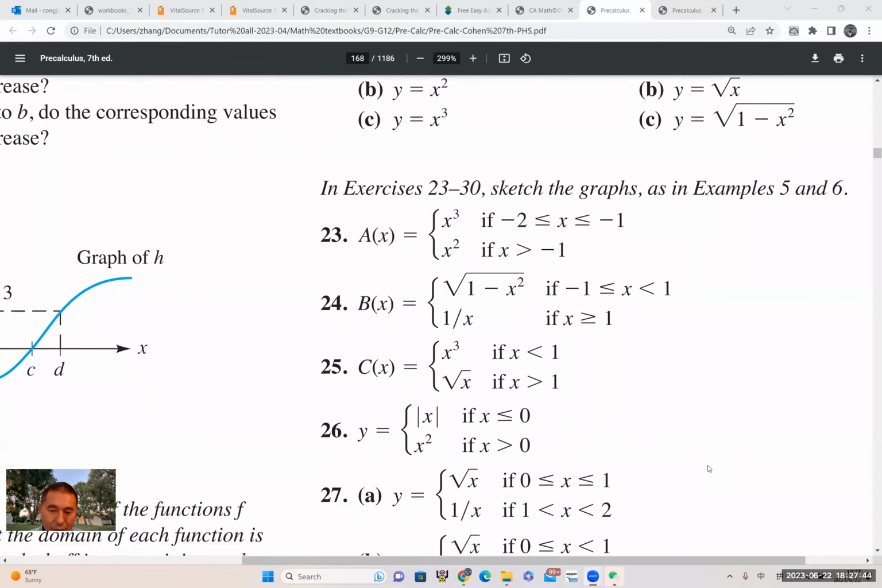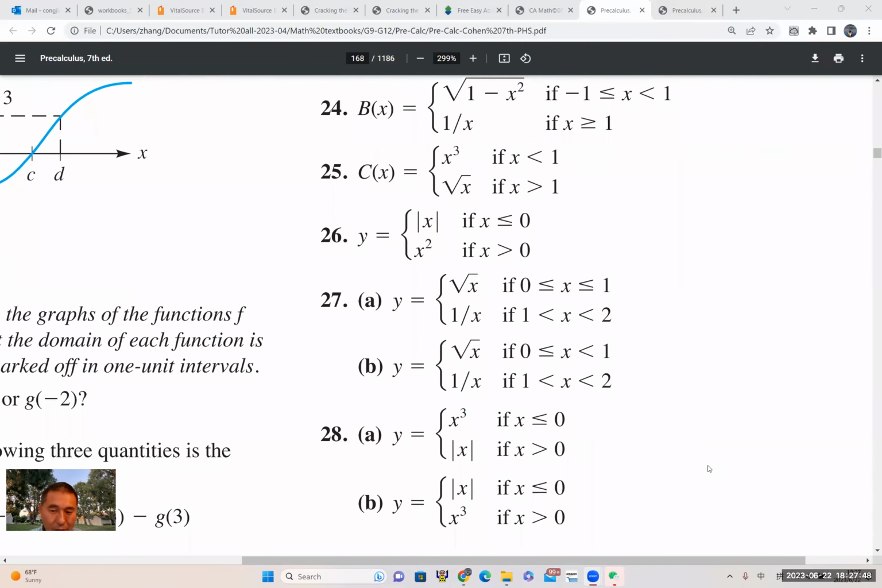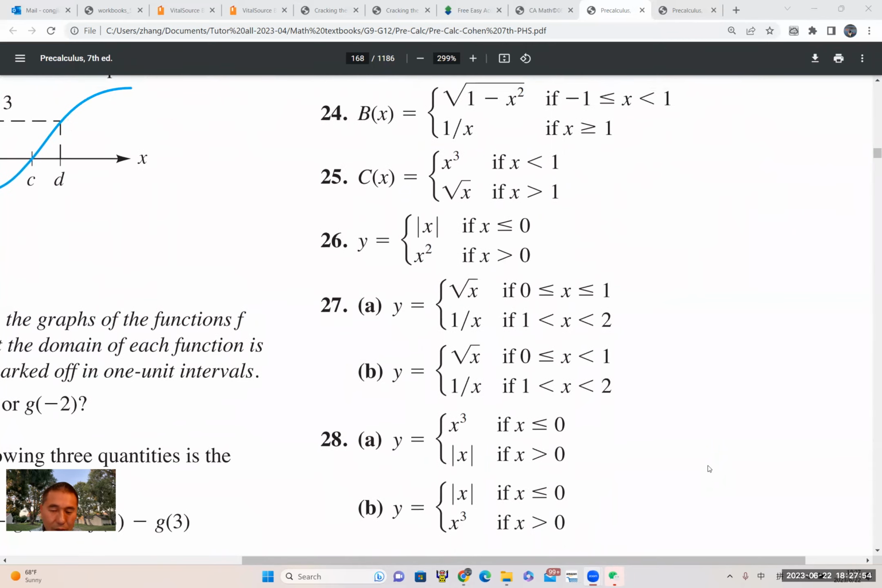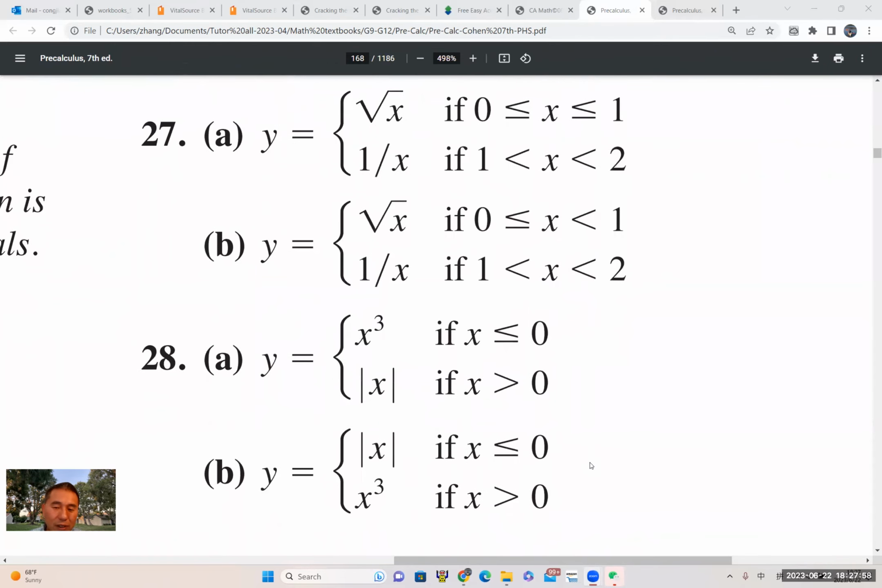Sketching the graph. Let me take one. How about let's do 27 and just do one of them. I don't know how to do that. I honestly don't know how to. You don't know, really? If so, I don't think I've ever learned that. How about we just do, let me,